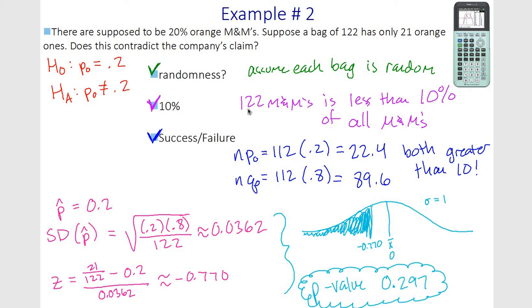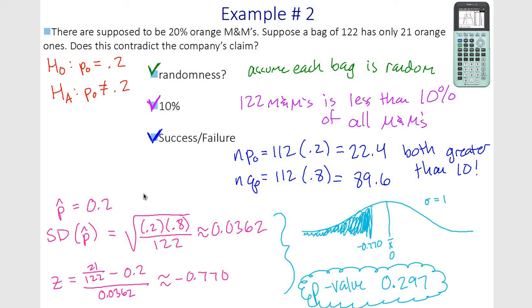All right, randomness. Each bag is random. You have 122 M&Ms, which has got to be less than 10% of all M&Ms, because I'm pretty sure I've eaten a lot more of those M&Ms than that. So success, failure. So you do those formulas. Both are greater than 10. Perfect. We satisfied our conditions, so we can continue using a